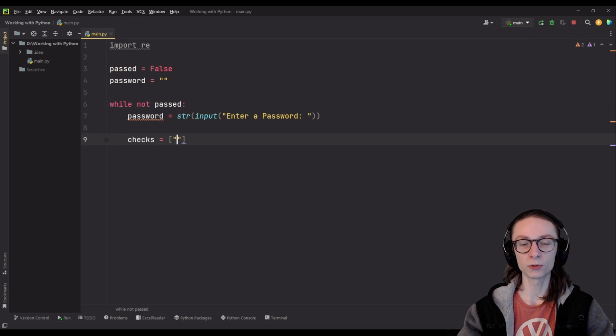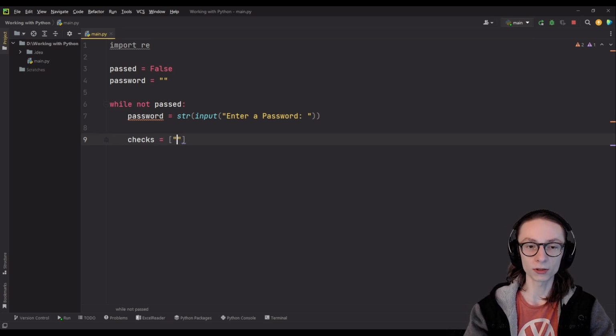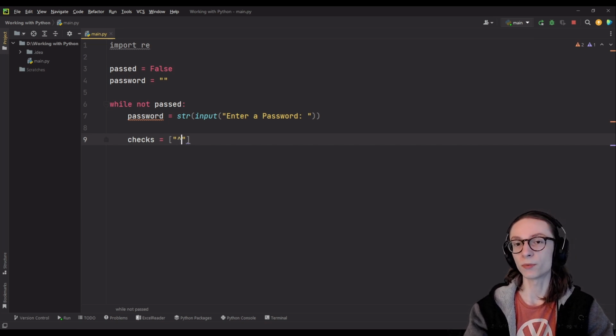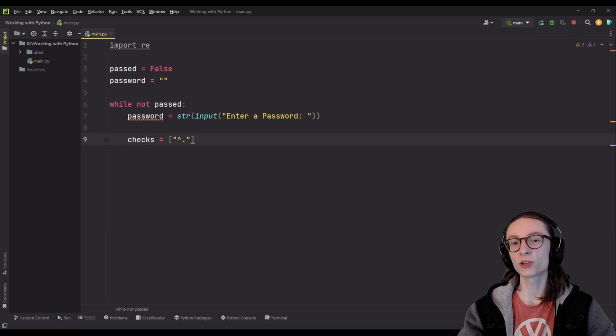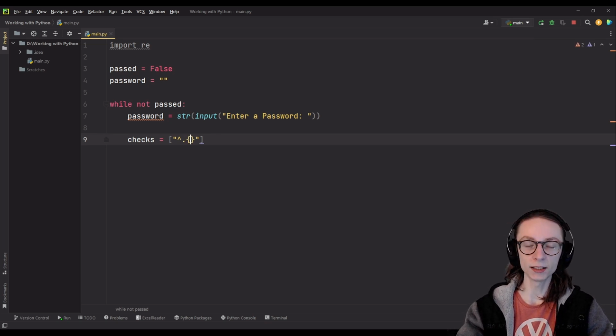So the first thing I want to make sure is that our password is actually at least 10 characters long, and we can do that by using first the caret character to make sure that we're checking from the beginning of the string, dot, which is actually a special character which specifies any characters, letters, symbols, numbers. It specifies pretty much everything with a few exceptions, and we want to give it a range of from 10 to unspecified,